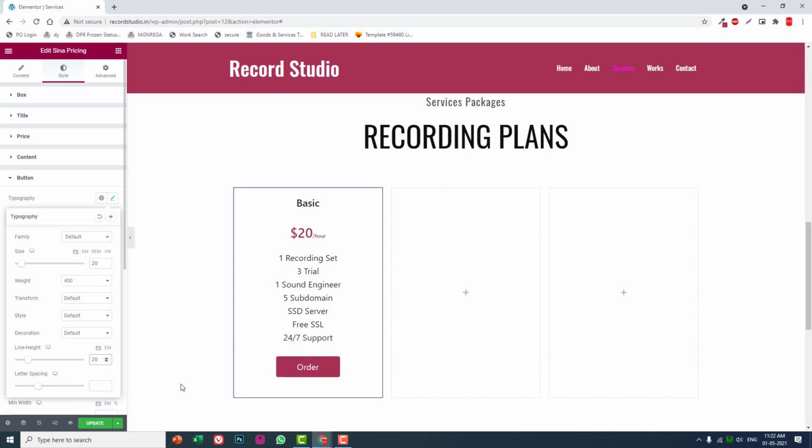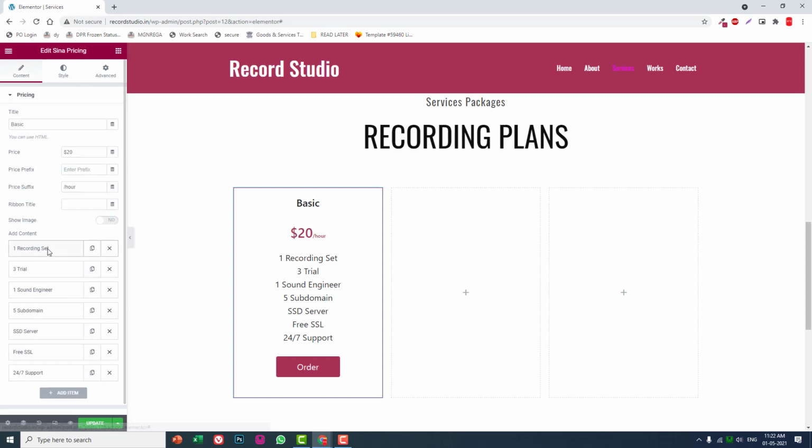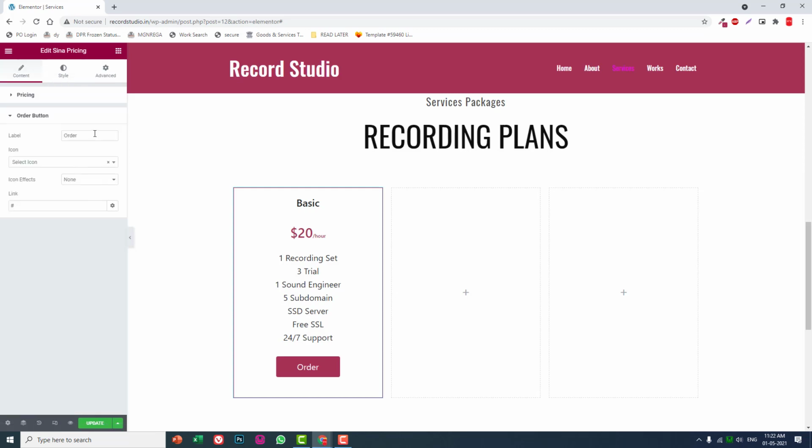Okay, leave the default 20. Okay, that's fine too. And button wording, change to register now or something. And you can link this to contact us page,